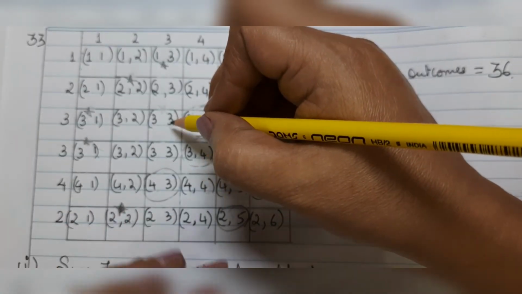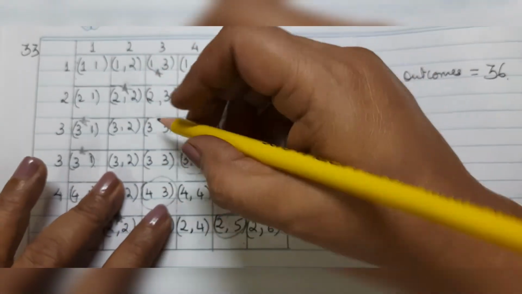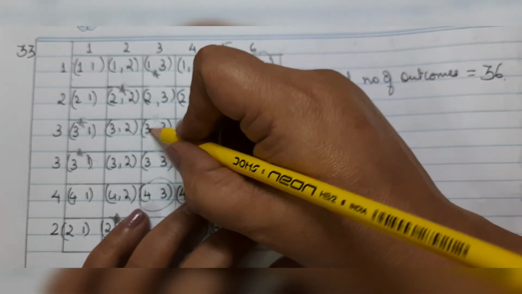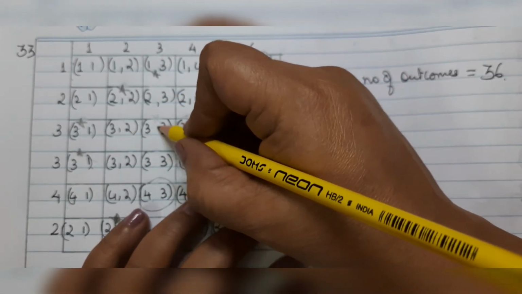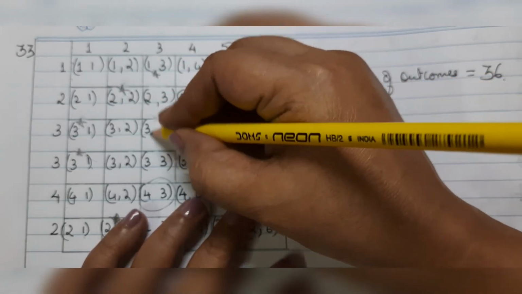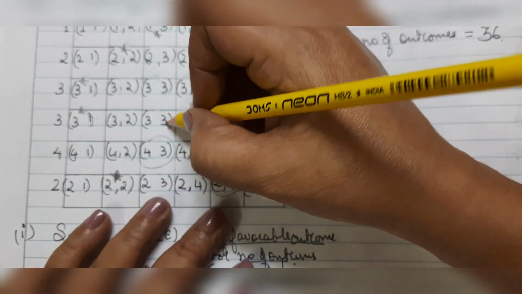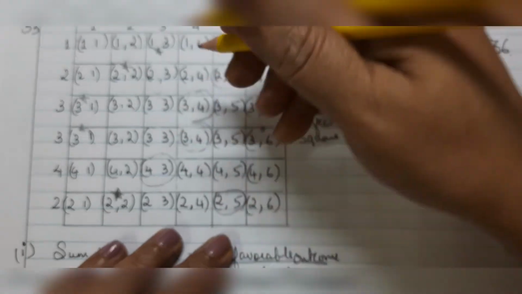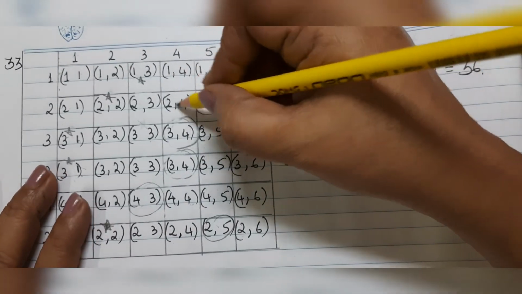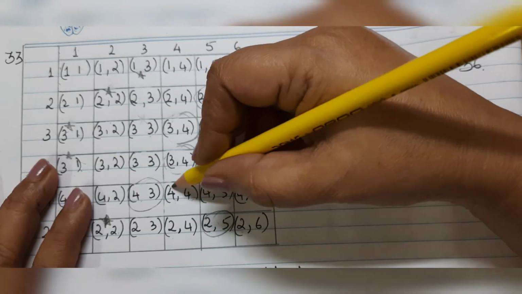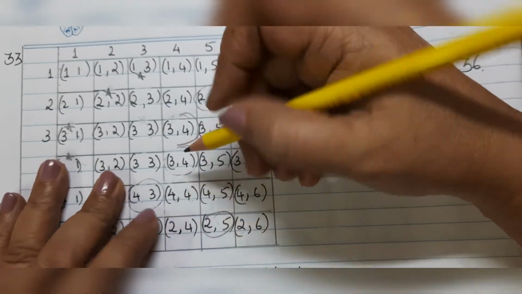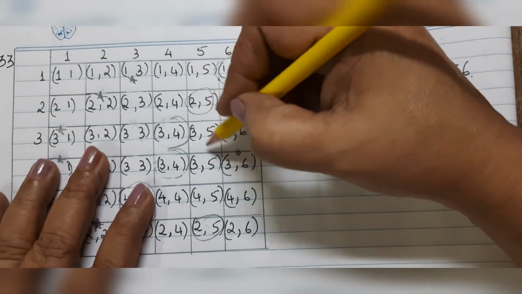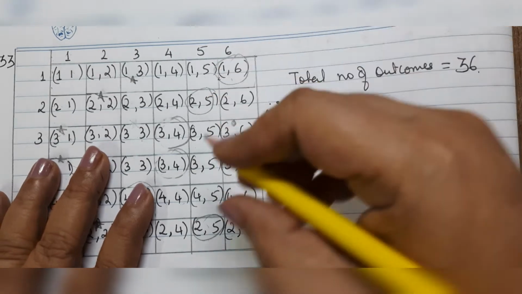I'm just going on, so this part is a bit confusing, so be clear, we might miss out something. 3 plus 3 is 6, so it is not a square, it's the sum they are asking, so we are not going to take this part. Neither 3 and 3, this we have already done. 2 and 3, no. 4 plus 1, no. 4 plus 4 is 8, not a square number. 4 and 2, no. 5 and 1, no. 2, 3, 5, 8. Okay.